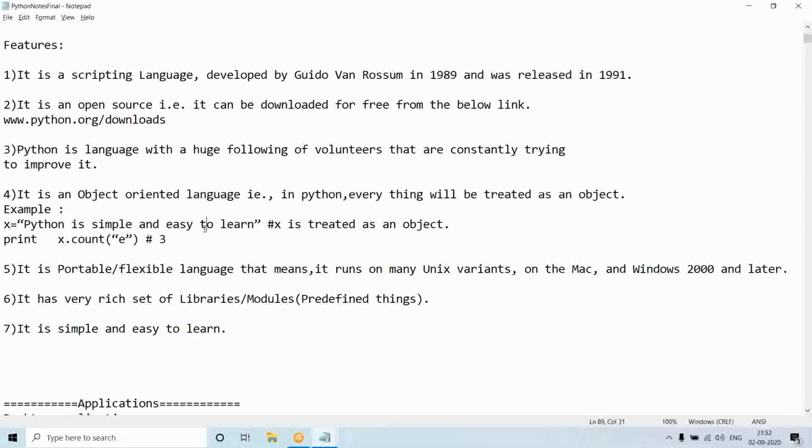All such things we will be discussing in the first topic of advanced Python, that is the OOPS topic. I'll tell you all the answers very clearly. So for now, please remember that Python is an object-oriented language and everything is treated as an object over here.